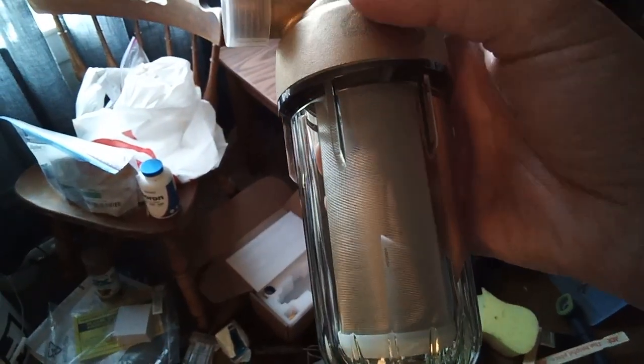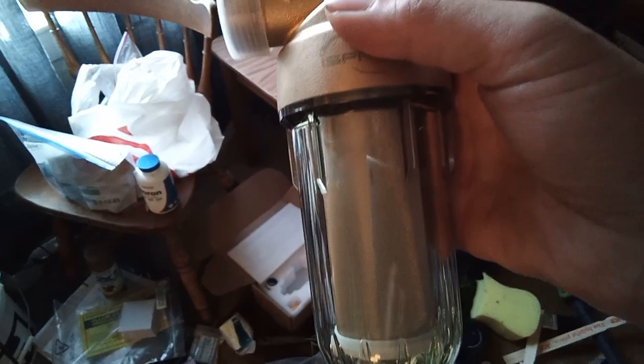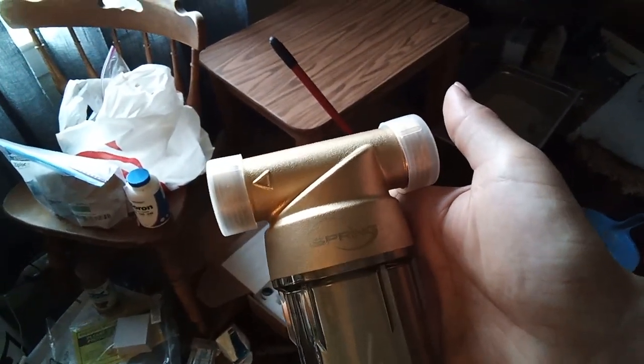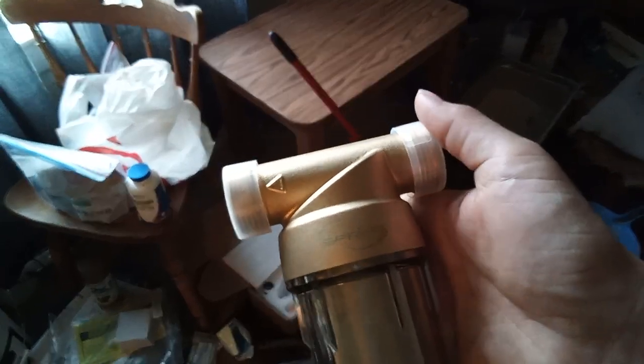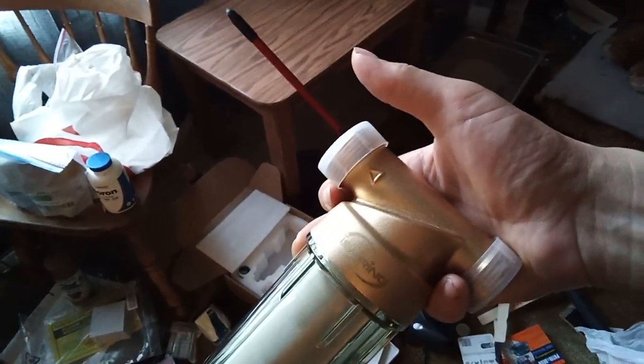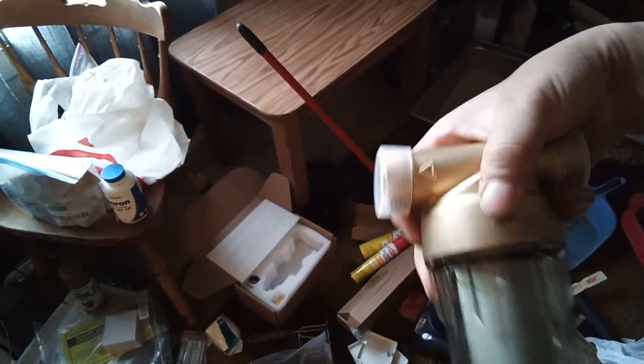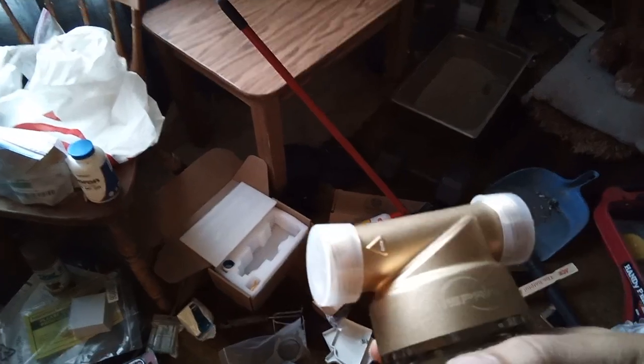Since it doesn't have that thingamabobber on the top, maybe just flushing it out is going to be good enough all the time, but what if I need to get in there to that element? So anyways, shutoff valve here, and what I should do is I should get a swing gate check valve to put on the other side, because then the water goes up upstairs, and then